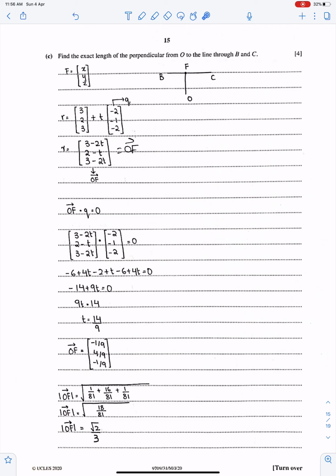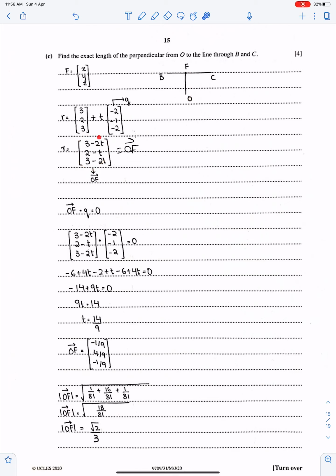And suppose this r is OF, the foot of perpendicular from O to this line. Since F is x, y, z and r is x, y, z, therefore r is OF. Now OF is in this form, now work for O. So since we have OF, now we need the distance OF.